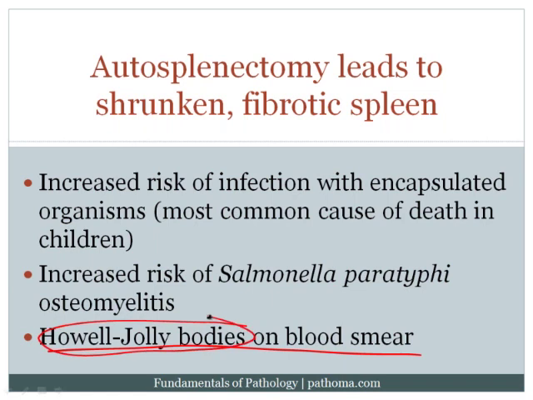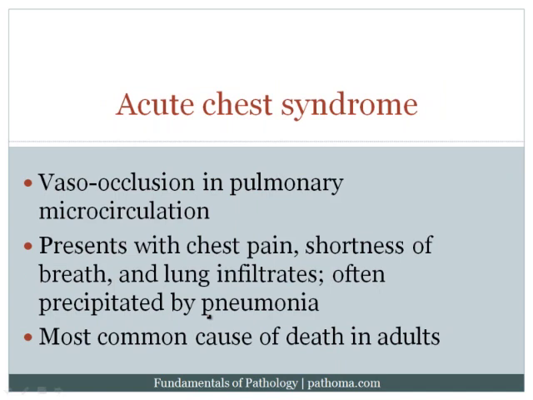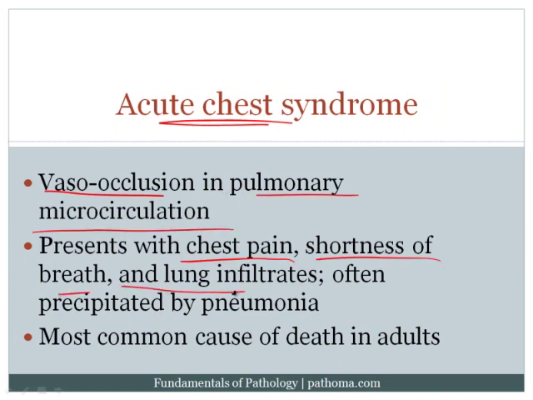moments ago as well. Additionally, vasoocclusive crises can occur within the vessels of the lung, and that's called acute chest syndrome, vasoocclusion in pulmonary microcirculation. Classically presents with chest pain, shortness of breath, and infiltrates on the lung. It's usually precipitated by